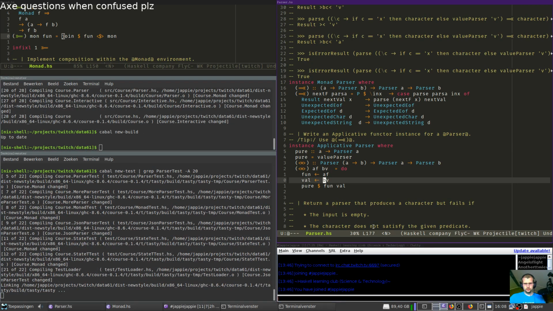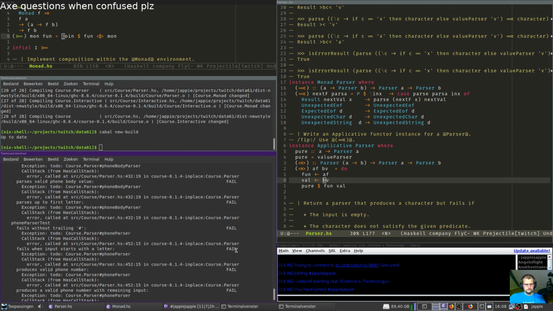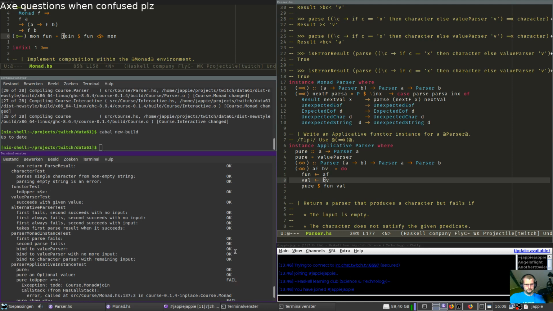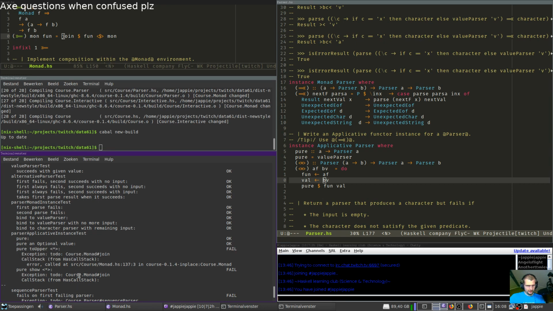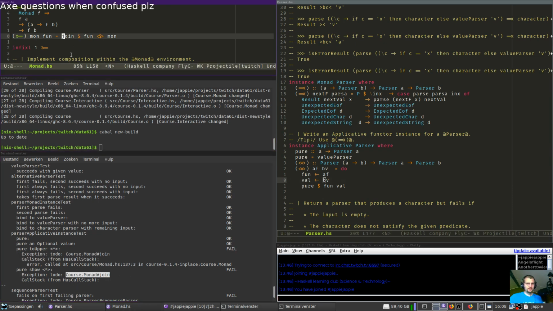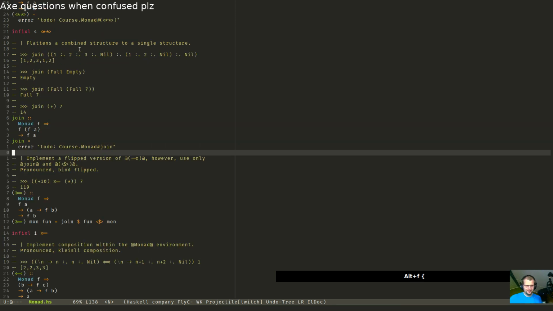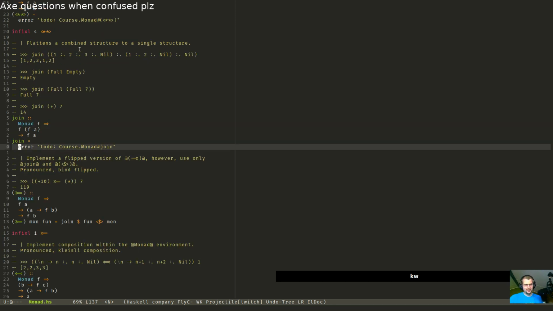You can install the Loom line too. Fail? What are you talking about, man? Oh no! Let's implement join. Okay, we'll implement join too. Let's see. You have a monad f.